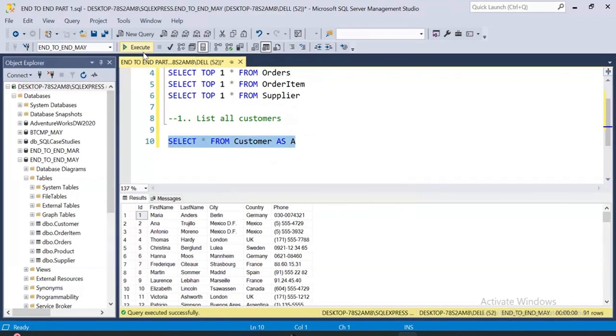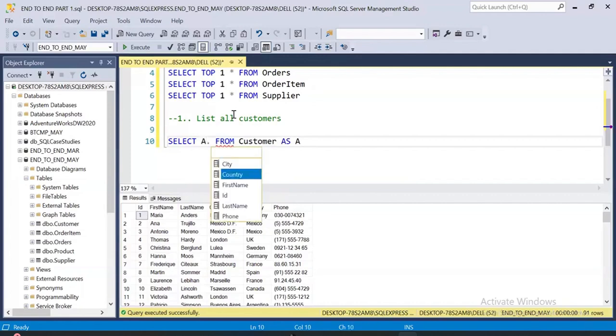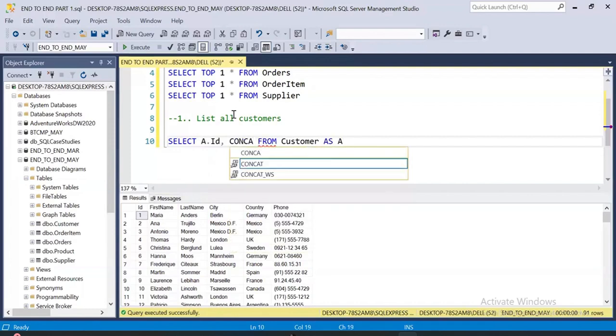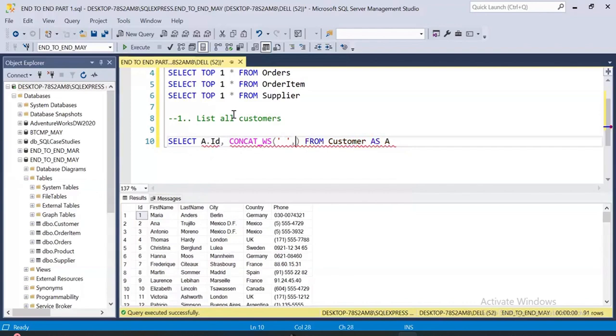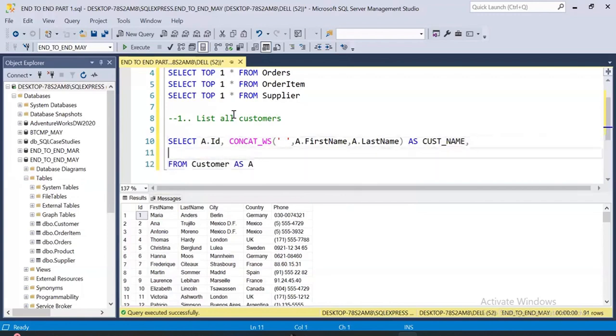That's it. I need to share it with someone. No? Will I share the data set? What do I need to show? I need to concatenate these two. So list all customers. So I can say a.id, comma, I can say concat with separator, and I'm saying space as separator, and a dot first name, comma, a dot last name as just underscore name. Then I can have a dot city, a dot country, and a dot,